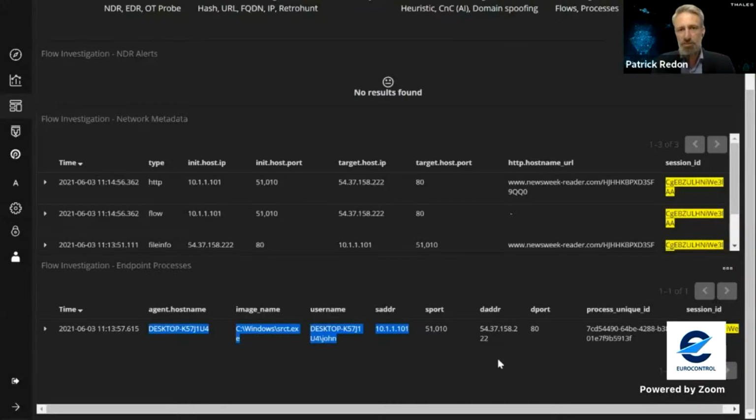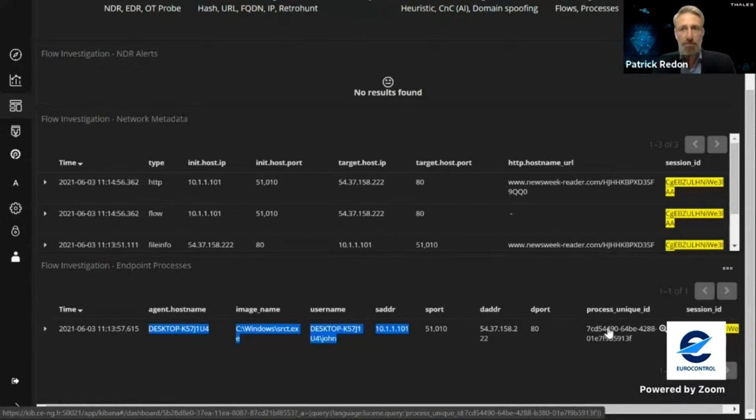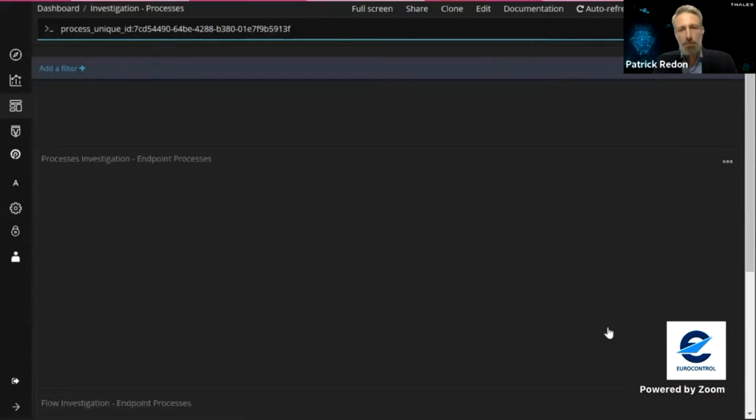This is quite interesting. But I would like to go further, and I would like to know how my system is impacted, how the malware spread inside the system. So let me click on the dedicated link, and I will have another interface about